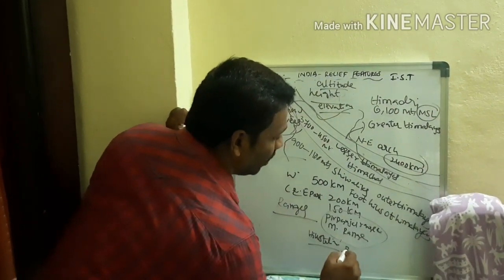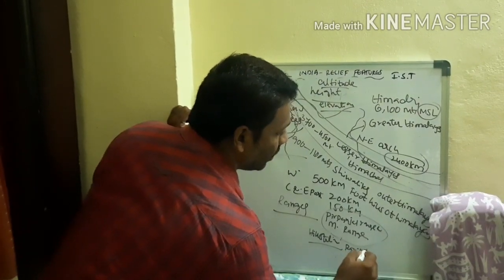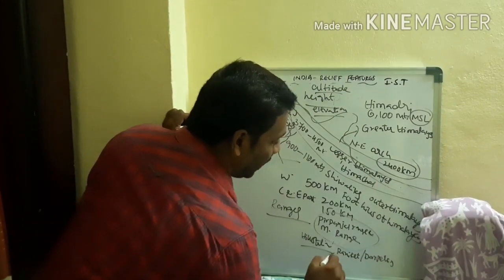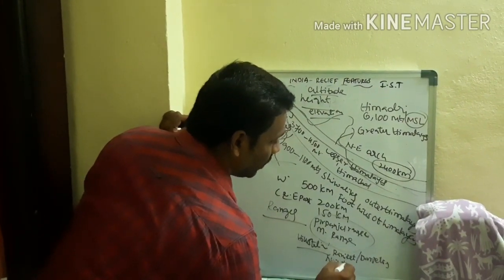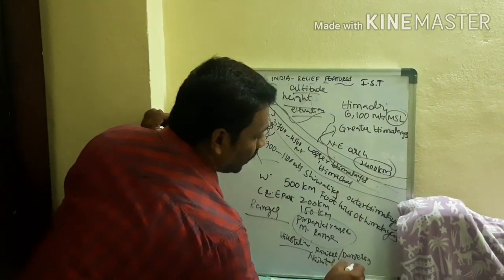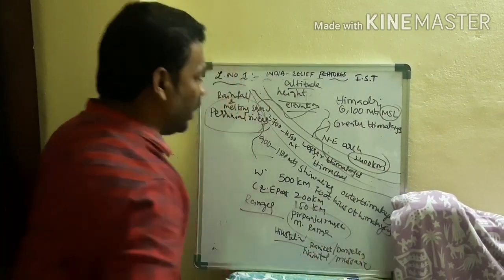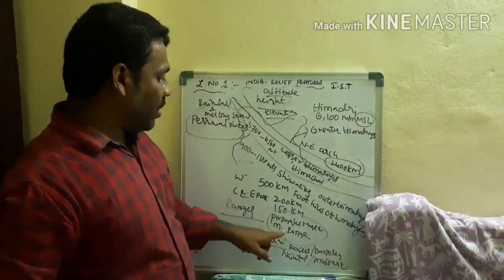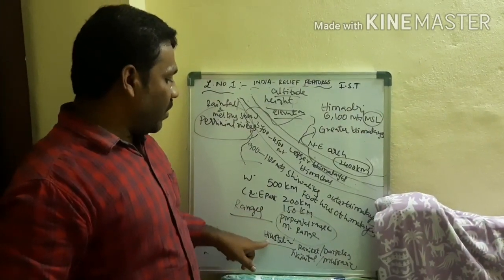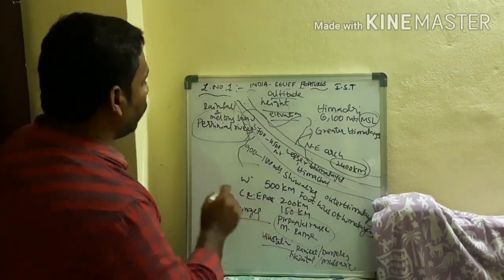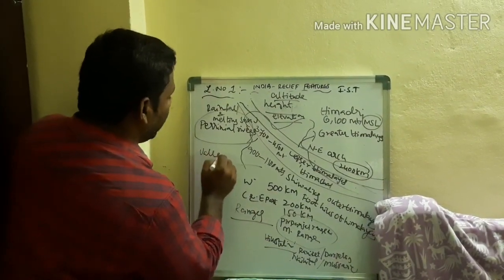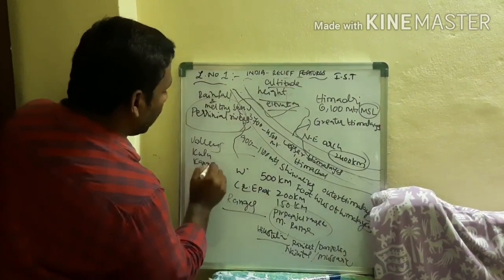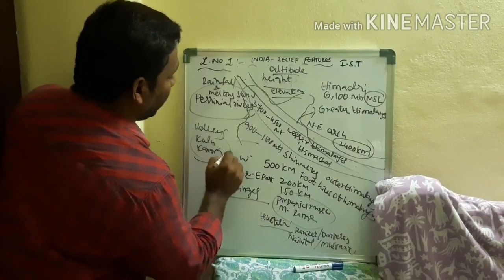For example, Ranikhet, Darjeeling and Nainital, Mussoorie. These types of hill stations we can find here also. One, we can find ranges: Pir Panjal range and Mahabharat range. And here we can find hill stations. And you can find a few valleys also. Valleys are very, very important. Kulu, Kangra.